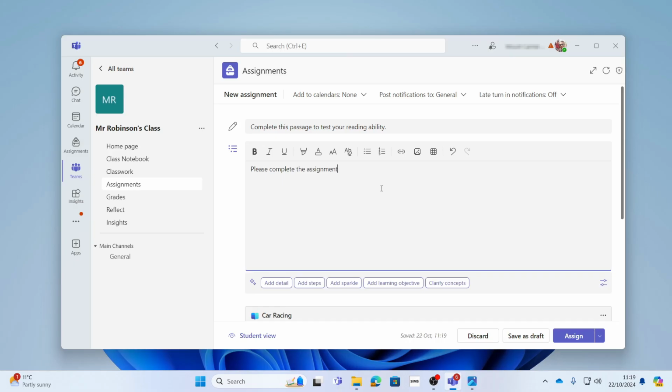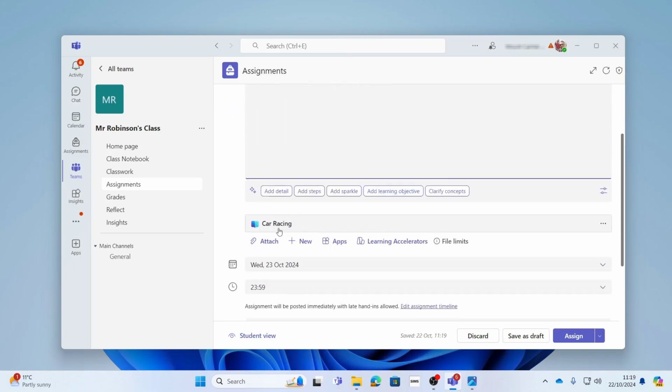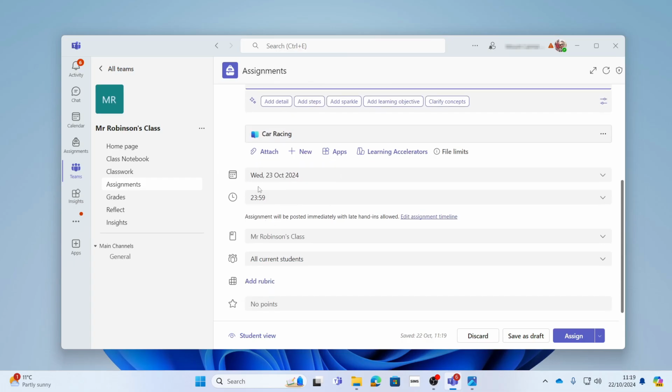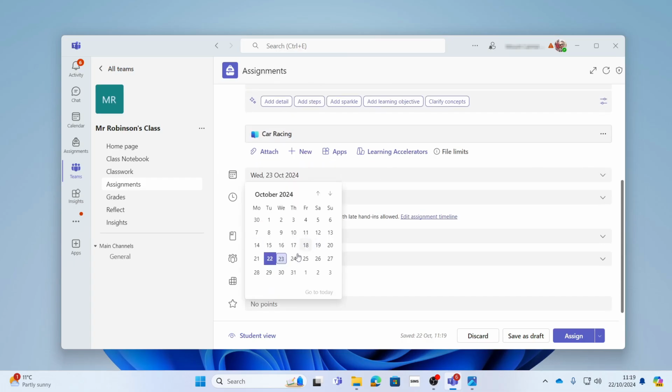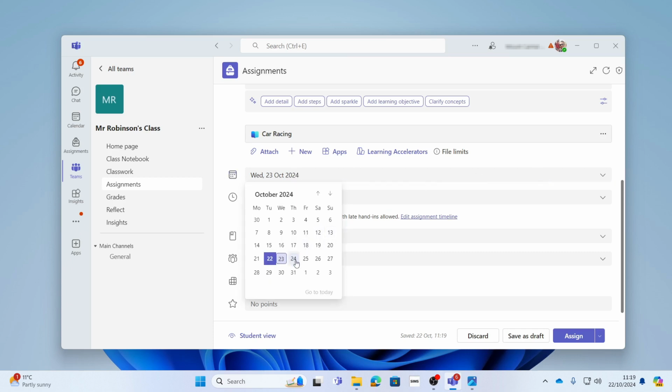Help if I could spell. And you can see the car racing passage there is assigned. You can set all the times where you want it to be, when you want it to go live, when you want it to be due back in. So we'll change that for Thursday